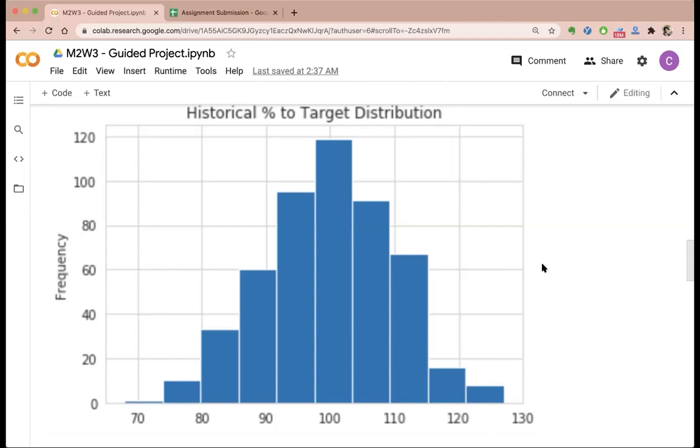Okay. So yeah, many of you were able to figure out that sigma should be 10 for this, because here you can see almost all the values lie between 70 and 130. Basically, if you think about it that way, this is mu minus 3 sigma and this is mu plus 3 sigma, more or less, right?